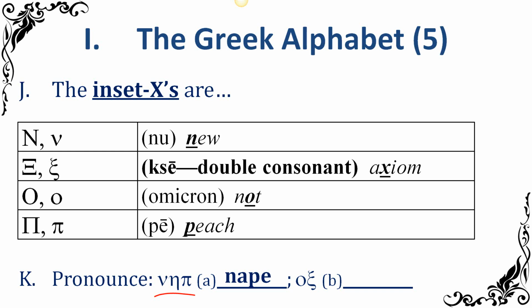All right, and then we have Omicron Xi. One of our favorite letters is Xi, which, ox. Yep, that was an easy one. We talked about that last time. All right, so nape and ox. We would never think of spelling them that way normally in English, but that's how you do it in Greek if you wanted to do that.